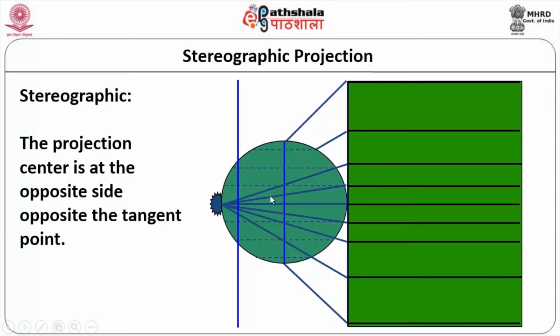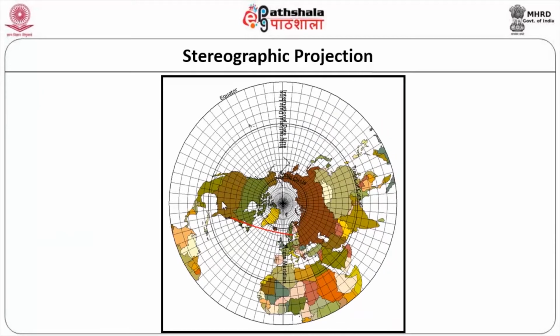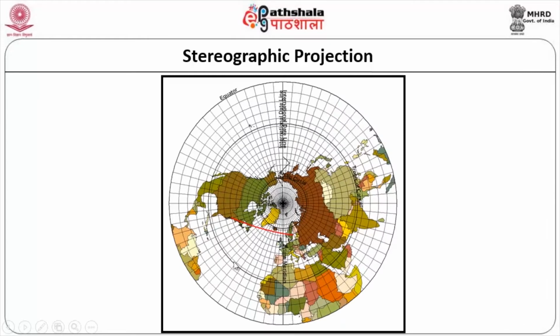Obviously you can understand the concept of it. When you are doing it from here, the error will be relatively less. When you are doing it from here, the error will be relatively high when compared to the previous projection. So this is how it will appear. It's something like looking from the top, isn't it? When you are looking from here, it is something like looking from the top or from the sides of the globe. So this is how it will appear, and it will be collecting the details in this form.